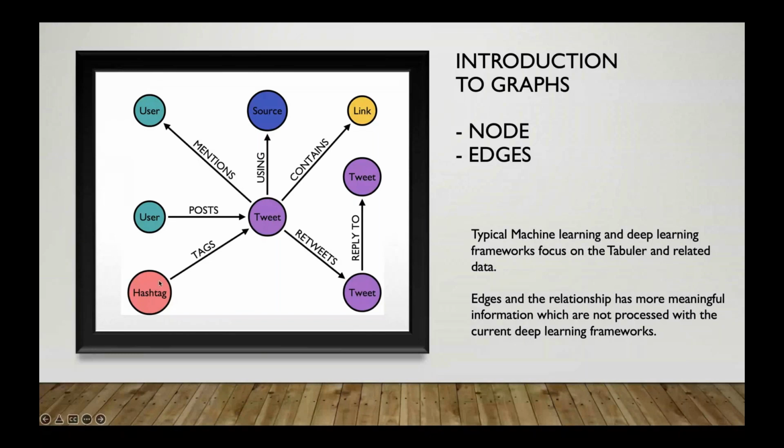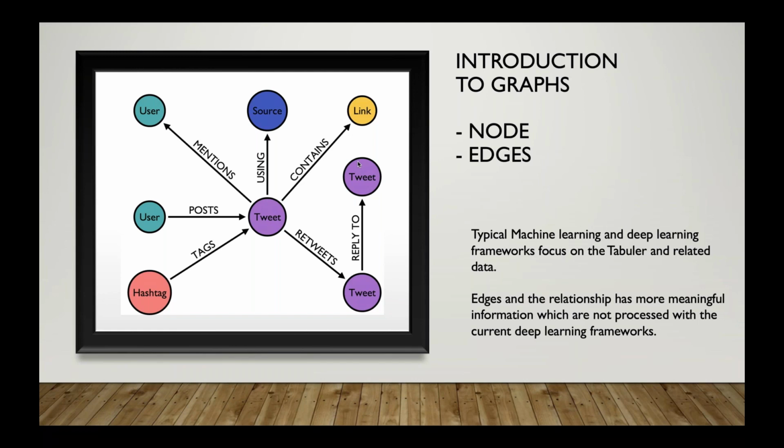The same tweet could be retweeted, and that tweet could get some replies, and the tweet can contain a link and so on and so forth. So much information in a single tweet represents a large amount of knowledge. A representation of this knowledge can be very well addressed using a graph based representation rather than a typical tabular or other form